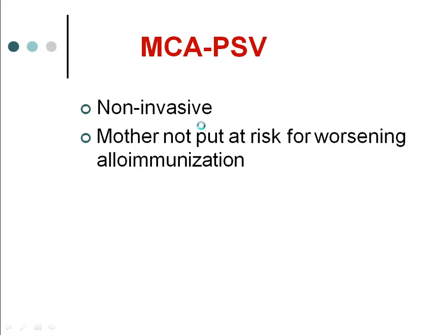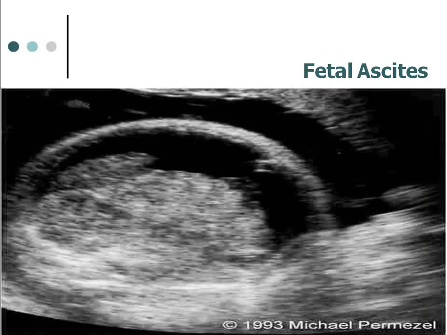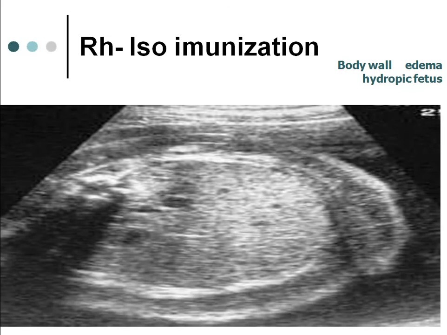This is another ultrasound photograph image. You can clearly see that what you are seeing is basically fetal ascites. This is the liver, and around that you see, and this is the abdominal wall. Between them, there is a lot of fluid. So this baby, this fetus, has got fetal ascites.